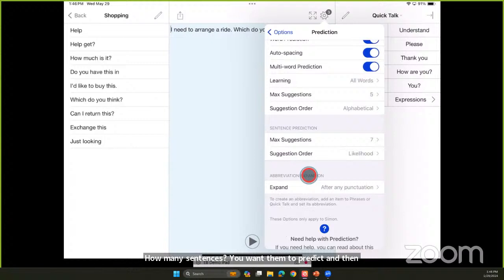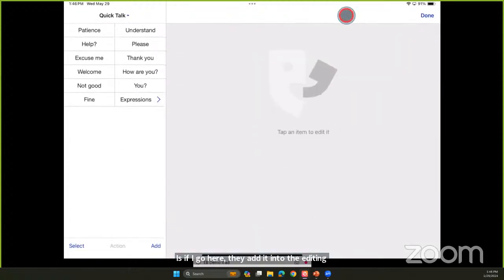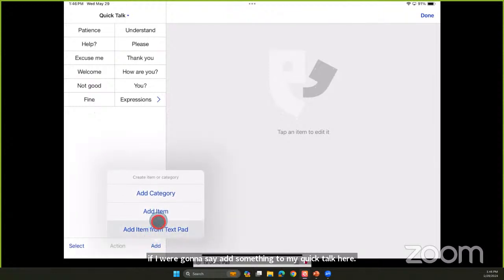So in this app, as you can see, they do have that abbreviation expansion feature. But what they do is if I go here, they add it into the editing phase. So if I were going to add something to my quick talk here, say add down here at the bottom, I could add an item.